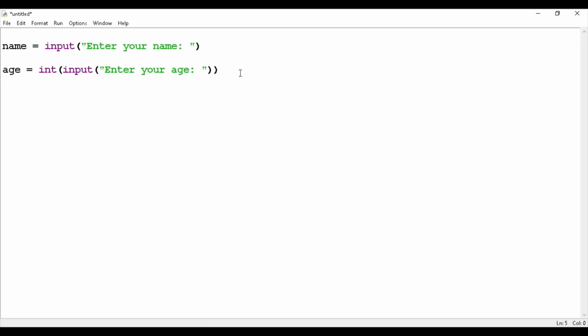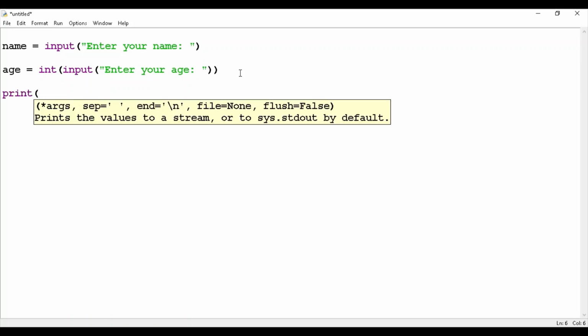Now next, using format specifier we have to print. For that we take the print function. Here I am writing a message like hi, using %s because I want to print the name and your age.